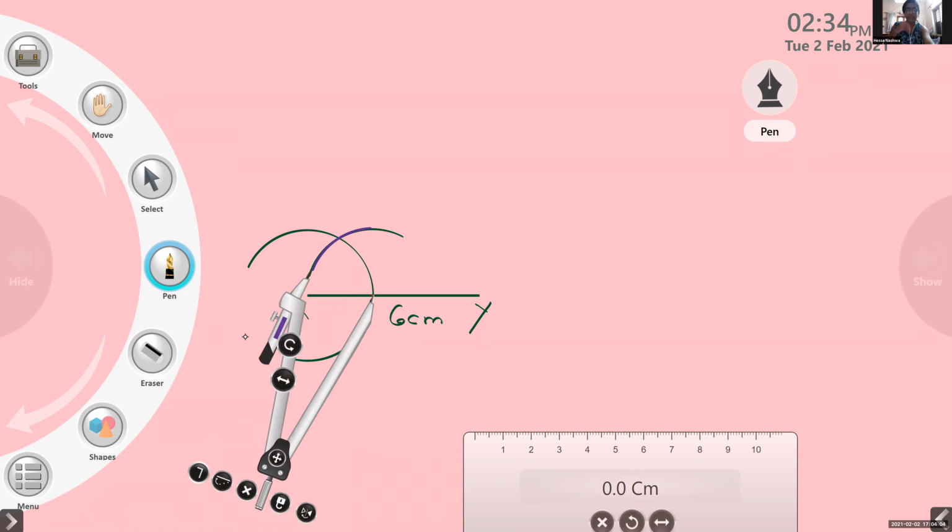Yes, ma'am. In this, listen, there is a change. In this, you will see it is lying down, but actually, when you do it, it is up. Your needle point, when you hold the compass, it will be like this, and you are drawing. Okay. That's all. Now you got 60 degrees. Now you have to bisect this.